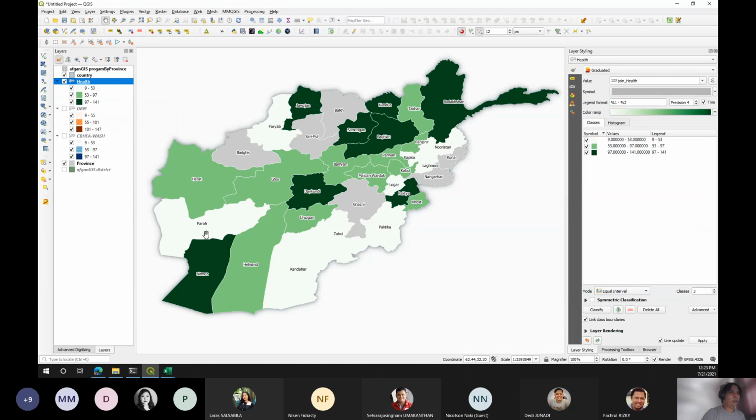Right. So basically, that's it for now for our very simple choropleth map of the 3 different projects happening in Afghanistan